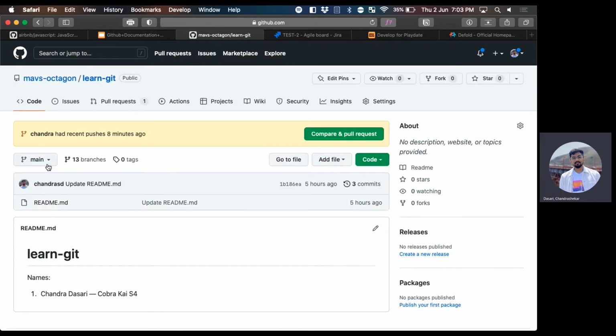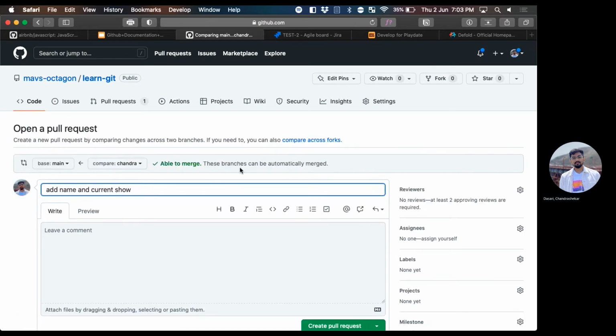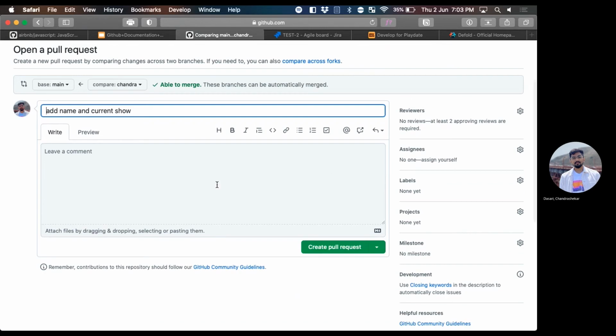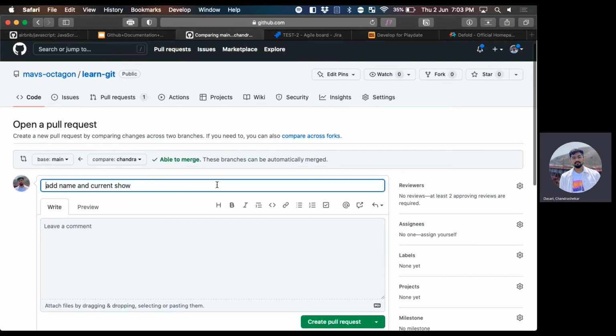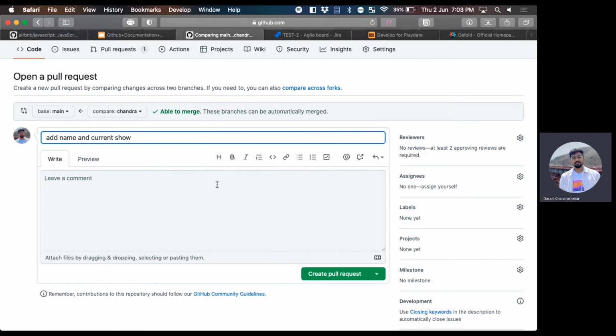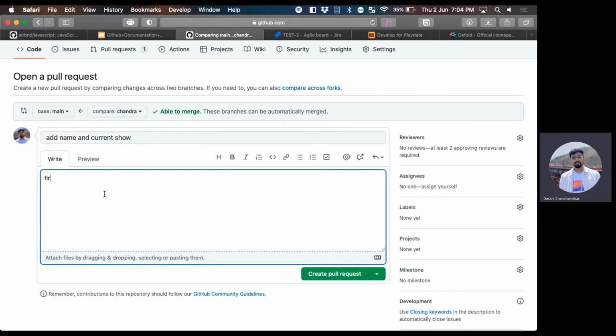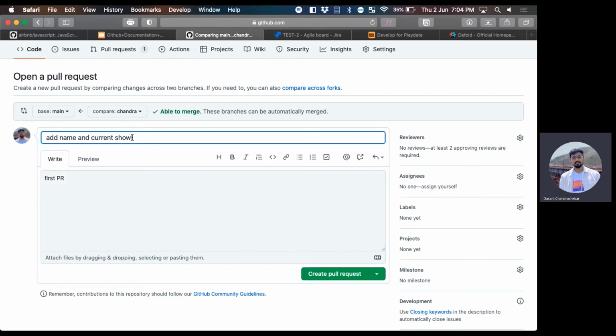Okay. So everyone pushed their branch, right? Okay. So the next part is to do a pull request. So just go to your repository. You should get a banner saying that you recently pushed this branch. Just do compare and pull request. And then once you do that, you'll see this draft messaging area. So you just write whatever comment you want, like first PR, and give it a name.